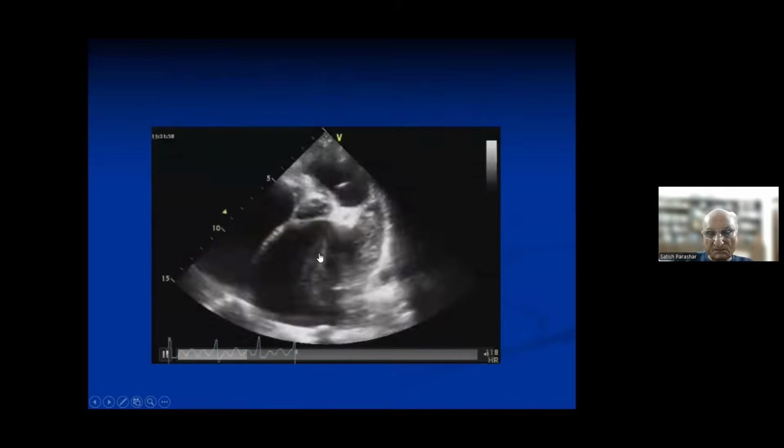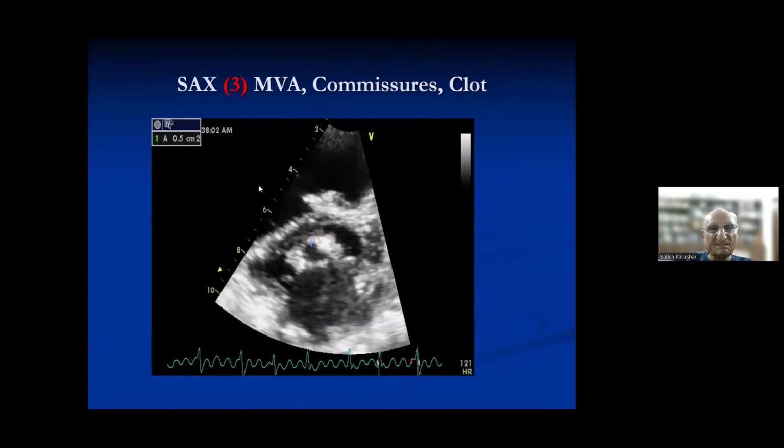In a short axis view, you again see three things. Number one, what is the type of the commissures. They are calcified here. And what is the mitral valve area? So three things you have seen in parasternal long axis view: the separation index, calcification or not, LA clot or not. I'm not going into 2D. In a short axis view, you again see three things: the type of the commissures, fused or not, and the mitral valve area.